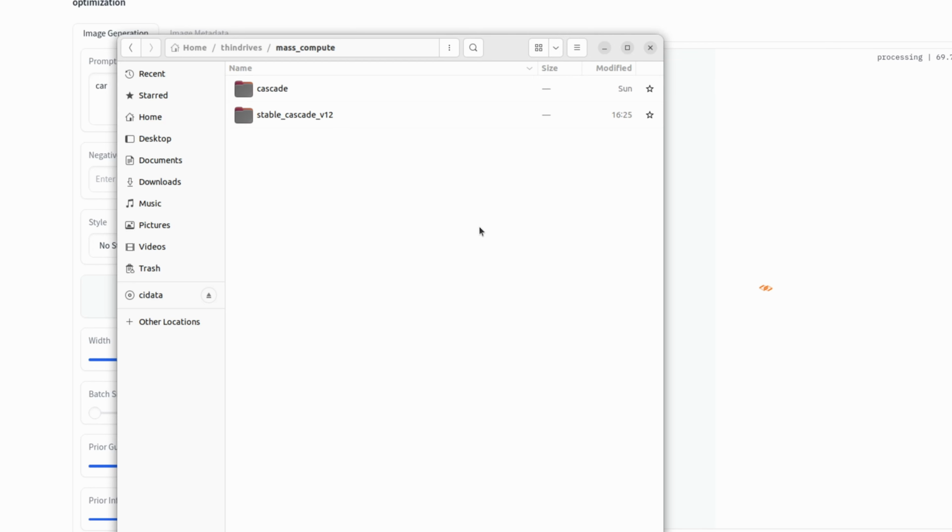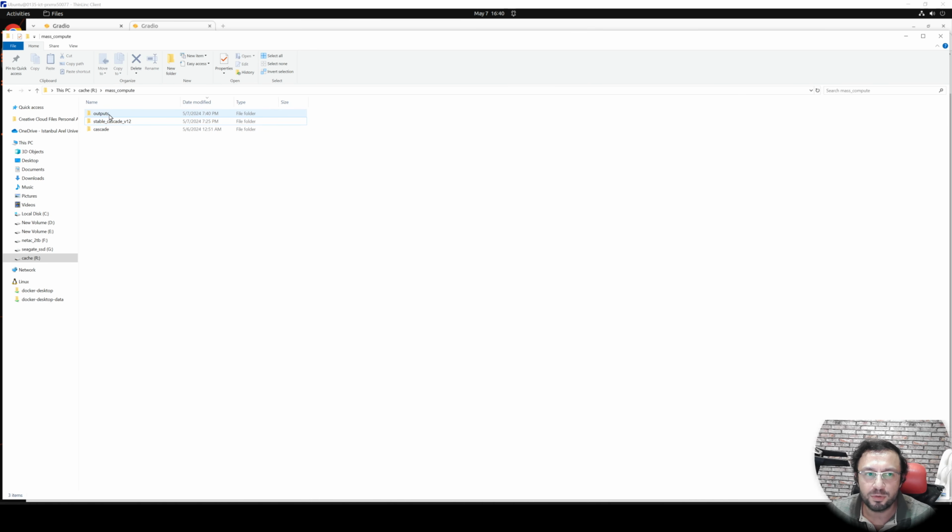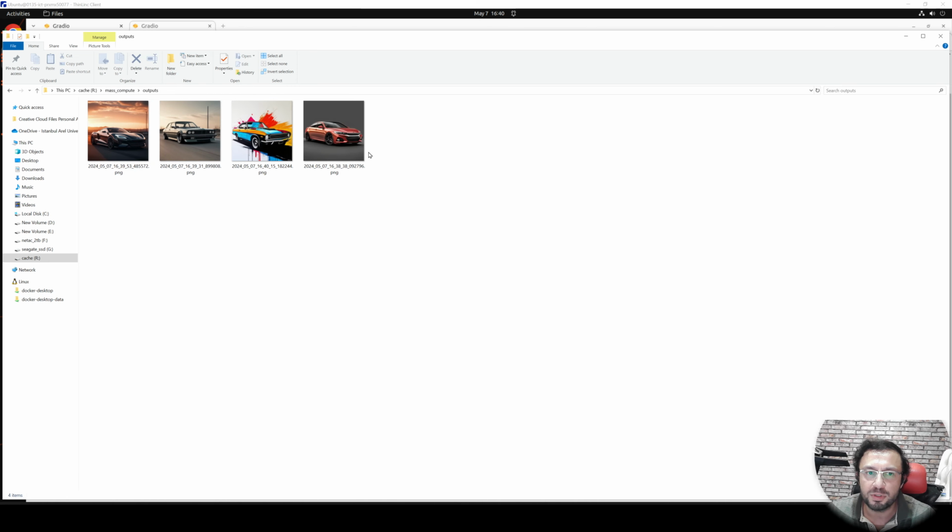Once you copy and paste the folder, it will synchronize this with your device, with your hard drive on your computer. So when I go back to my synchronization folder, I will see that all the images generated on Massive Compute are also now here.